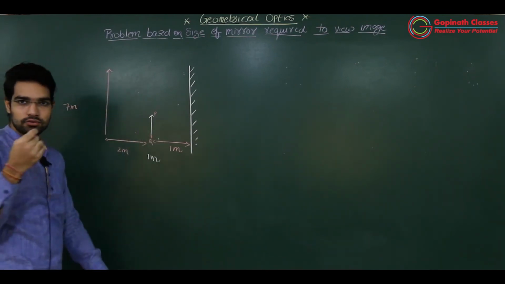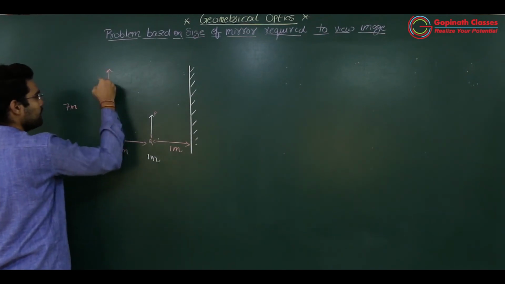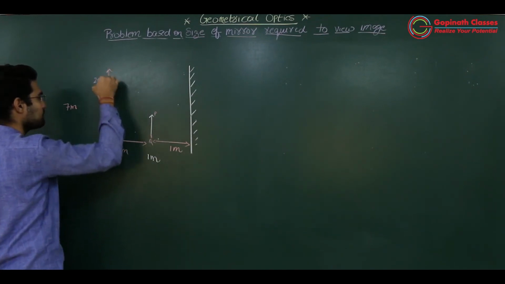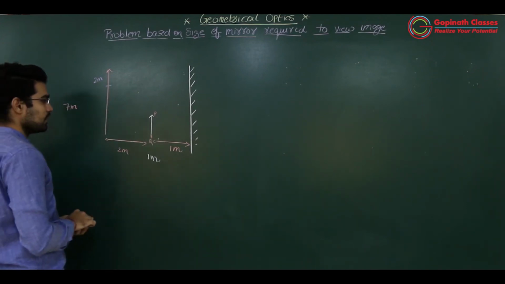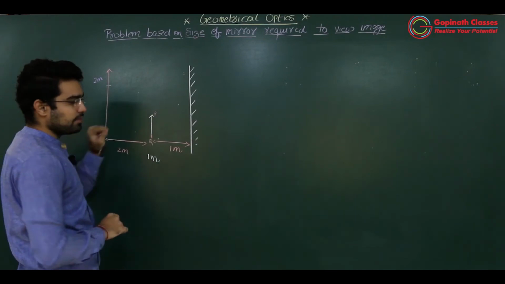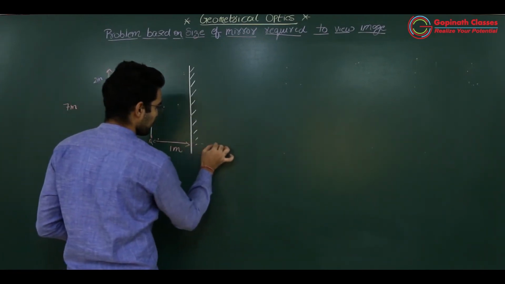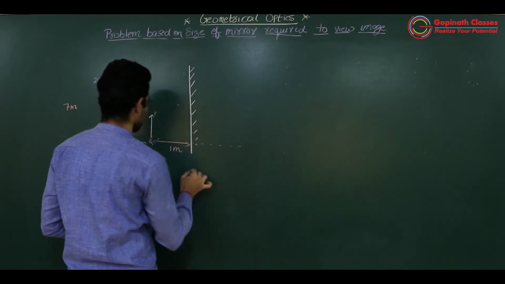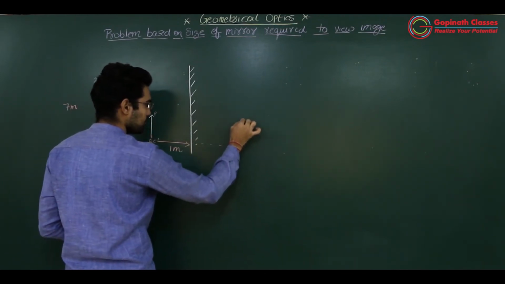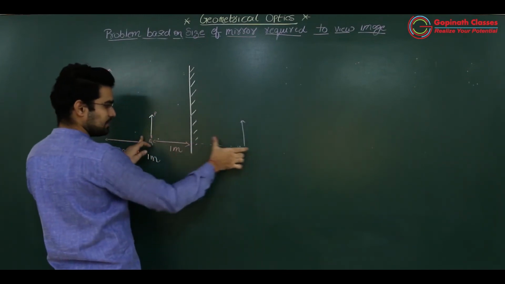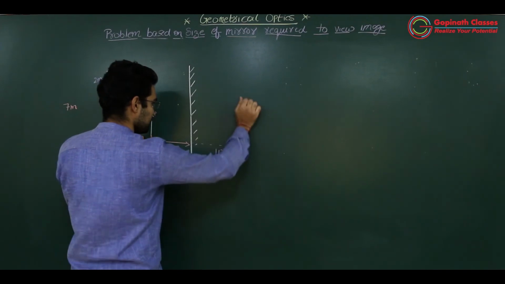एंड जो हमारी आई है वो कहाँ पे है? 2 मीटर डाउन फ्रॉम अपसाइड. So this is 5 meter. अब आपको इसकी कंप्लीट इमेज देखनी है इस पे. What we are going to do, सबसे पहले हम एक इमेज बना लेंगे फटाफट PQ की, exact same distance 1 meter and same height.